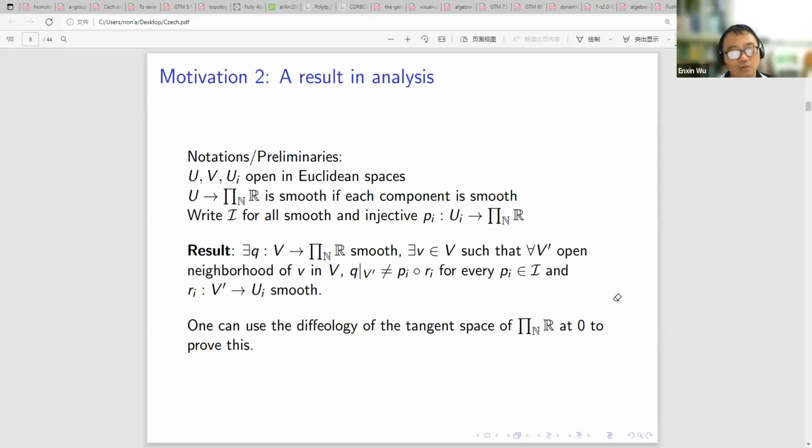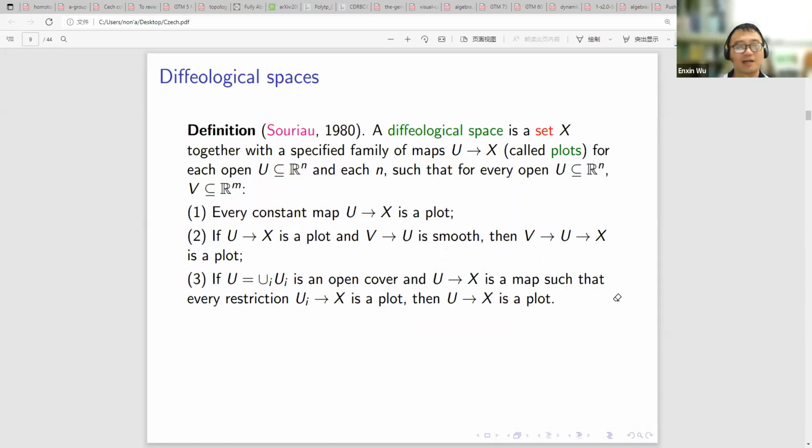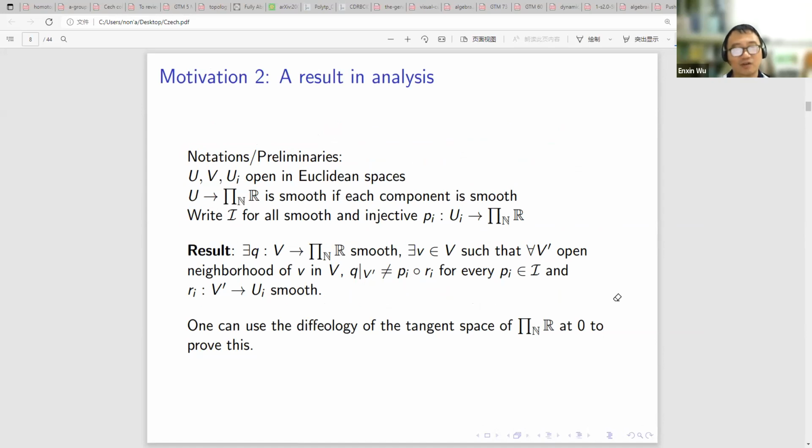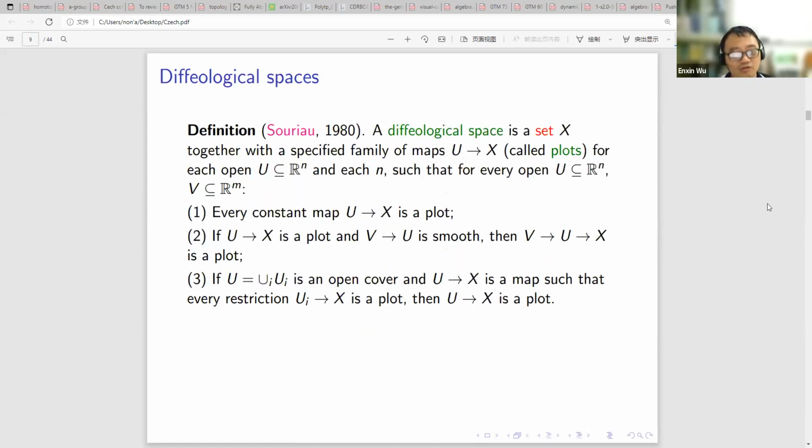That means we can use diffeological vector space theory to solve some problems, right? So let me start by telling you what a diffeological space is. A diffeological space is a set. You can compare it with topological spaces: a topological space is a set with a certain structure, and so is a diffeology. You start from a set and equip it with certain maps from U to X, which we call plots, where the domains of the plots are open subsets in Rn,